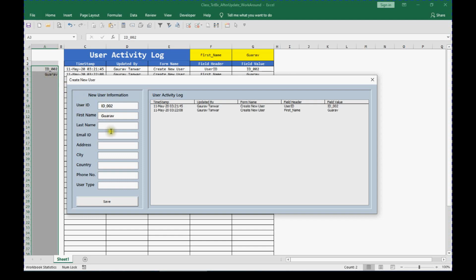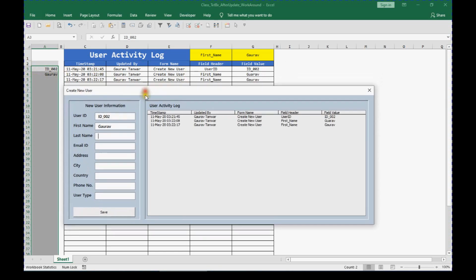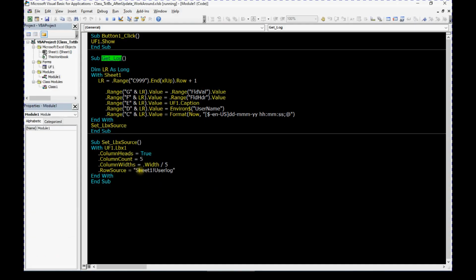So this is how control source helps us map the control value with the range, and then the change event on the range triggers the get log procedure, which also assigns the value in the list box, as we put the row source as this.